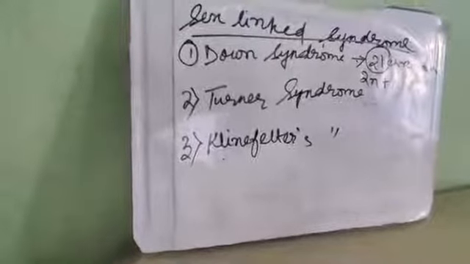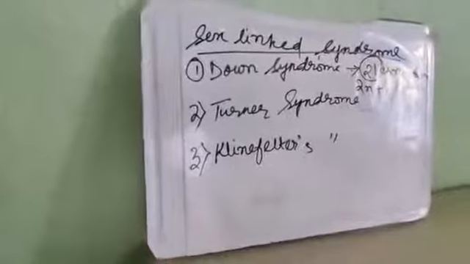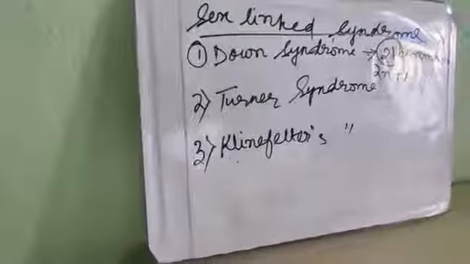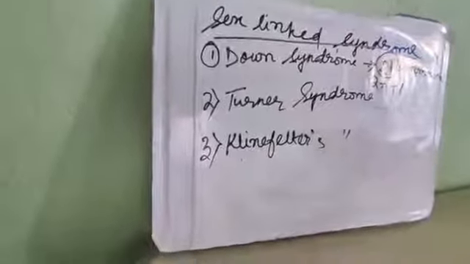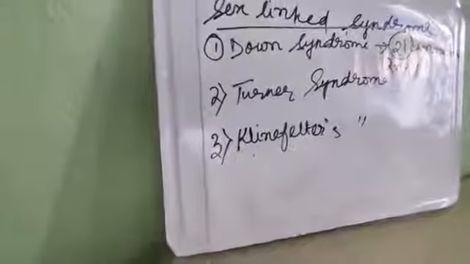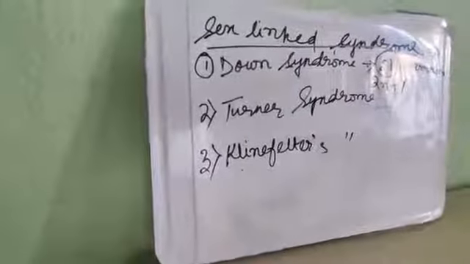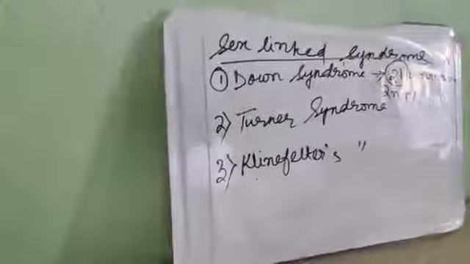Okay. Now what is non-disjunction? That means the synapsed homologous chromosomes failed to separate during anaphase. So as a result, what happens? One gamete will be formed with two chromosome 21, another one will have none. And the one having two chromosome 21, from the father or from the mother, whichever, vice versa, there will be addition of another chromosome 21, thus resulting in the trisomy of 21, which leads to this syndrome, Down syndrome.